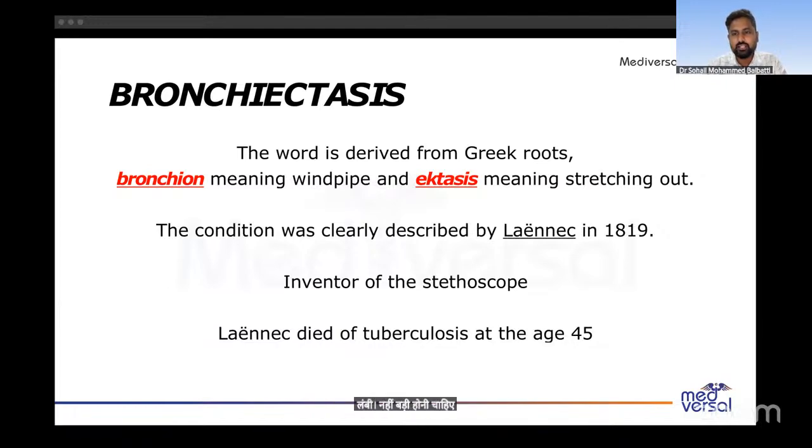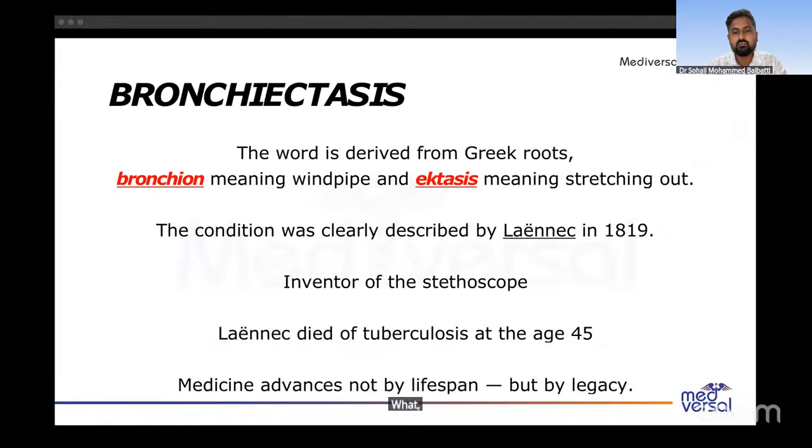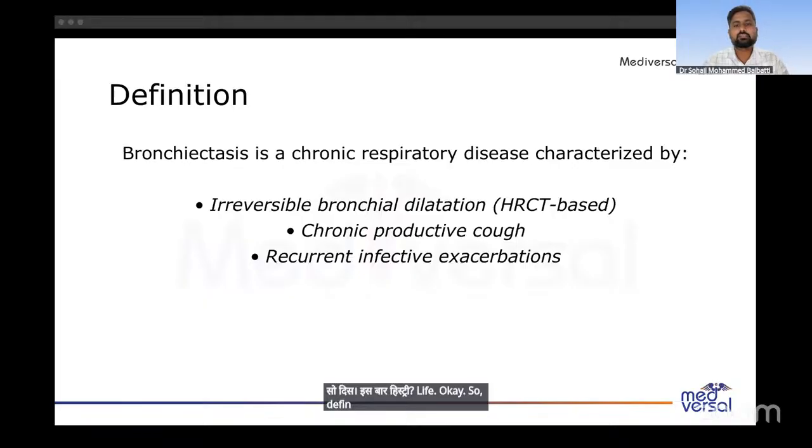In the medical field, medicine advances not by lifespan, but by legacy. In a very short span of 45 years, he made a lot of contribution to medicine, which till today we are using. We all think that it's too early to start. No, it's not like that. We have to start when the right time comes. So this is a brief history about Laennec and the lesson we learn from his life. Okay. So the definition of bronchiectasis, it's a chronic